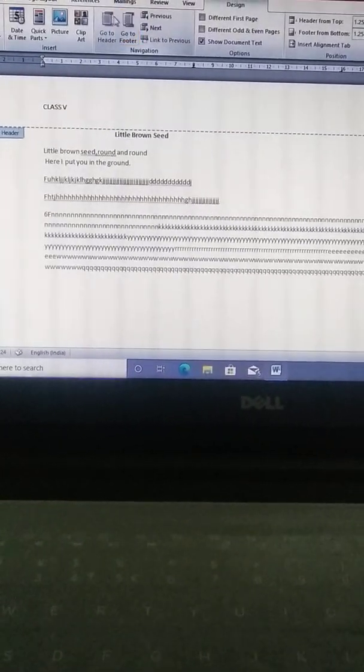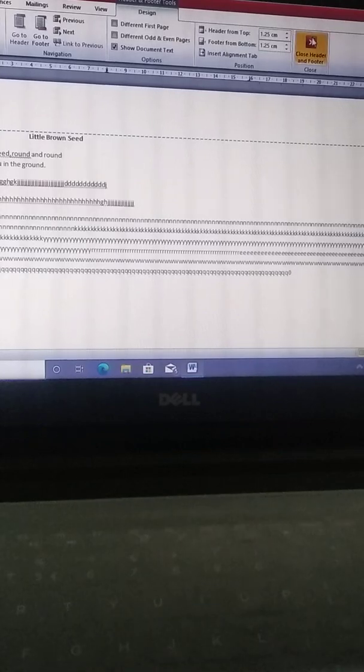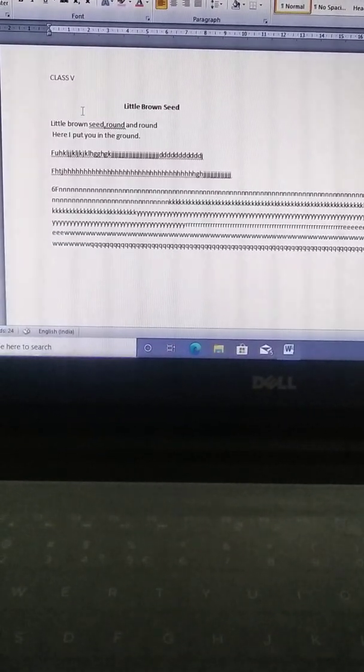Now come here, click here on header, and close the header and footer. Your header, class 5, will appear on the top of the page.